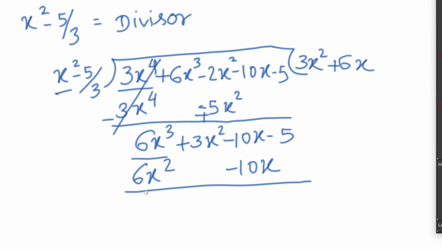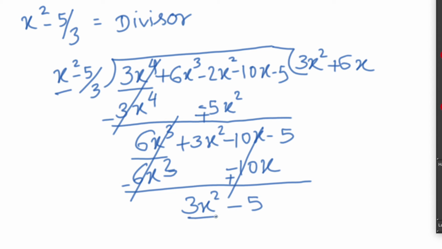So then again we will subtract, because this is positive, so this will become negative, and this is negative, so this will become positive. 6x into x square is 6x cube. So both the first terms became the same again, so we will cancel because the signs are opposite. Also minus 10x plus 10x are the same with opposite signs, so this will also get cancelled. Now again we have to write the p of the remaining polynomial in the descending order. So 3x square minus 5 is the remainder now.